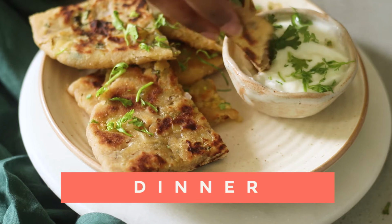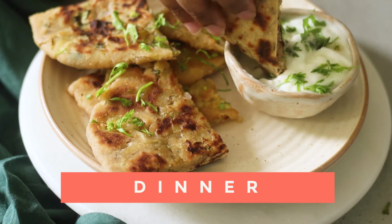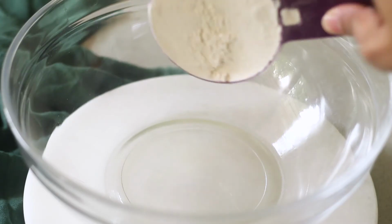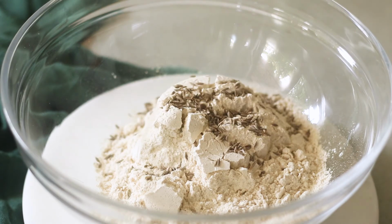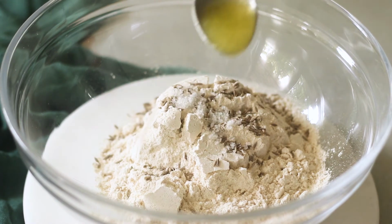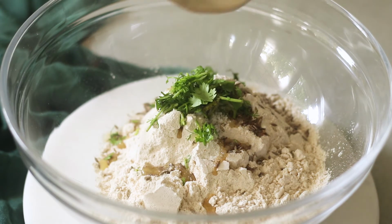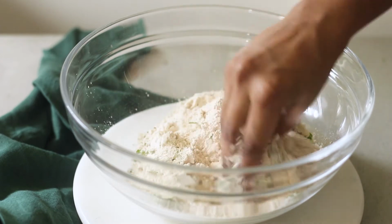Now it's time for me to fuel my body with some of this delicious aloo paratha for dinner, which also works excellently as a post-workout meal for me. I usually have this on days when I'm weight training. Here I have some whole wheat flour to which I have added some cumin seeds, salt and some ghee and also some coriander leaves. Using my fingers, I'm just going to rub all of these ingredients together until well combined,